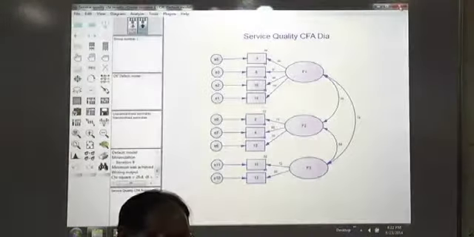Fourth assumption: equality of variance of the errors. Homogeneity of residual variance. That can be done through scatter plot. Homogeneity of variance of the errors, and we do it through scatter plots. Scatter plot is again part of regression output. So we will be able to see that.